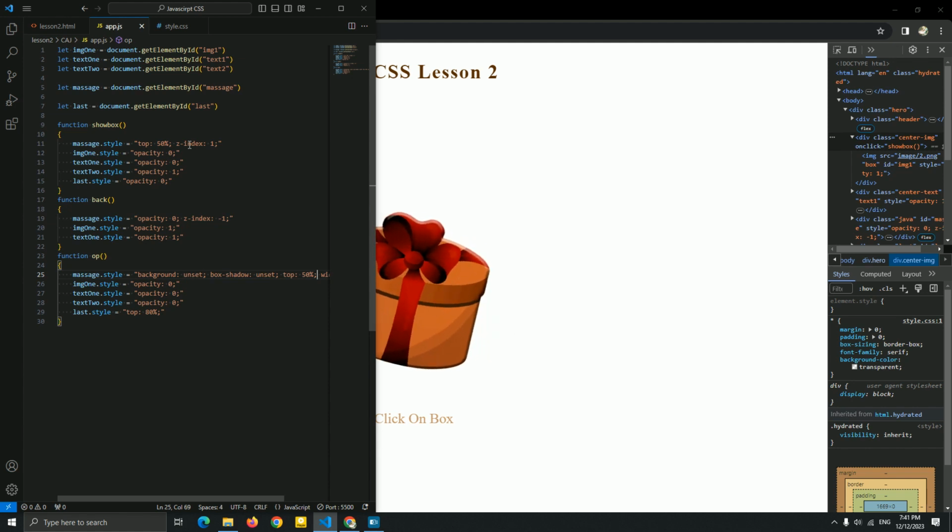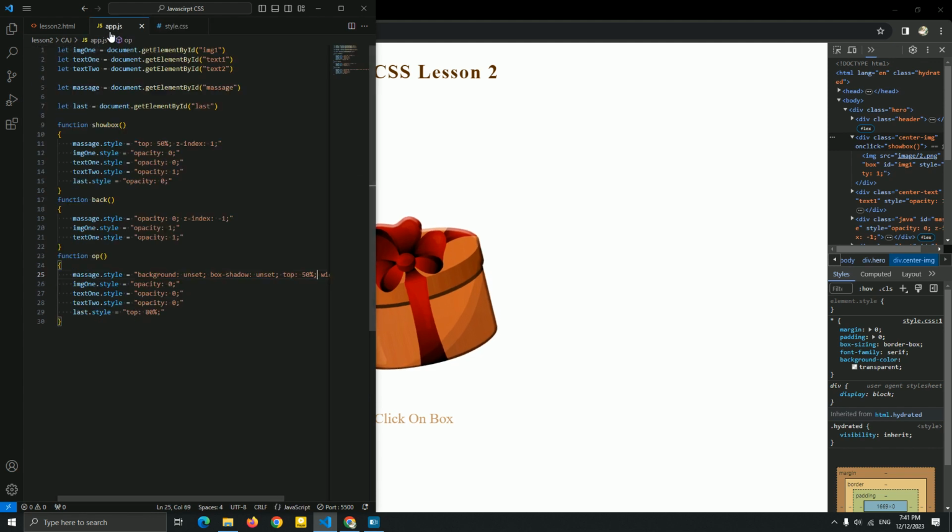You can add a simple animation with Java CSS, where we add CSS inside JavaScript, as you can see. And that's it, guys, and I hope you like this lesson. I didn't add more animation, because just like I said, we want to start from the beginning and then go to the advanced. So this is lesson 2, and in lesson 3, we're gonna go for the advanced animation of the Java CSS. So wait for it. See you in lesson 3, guys.